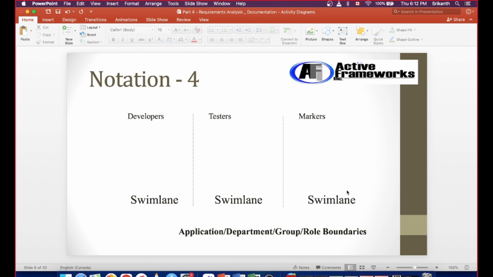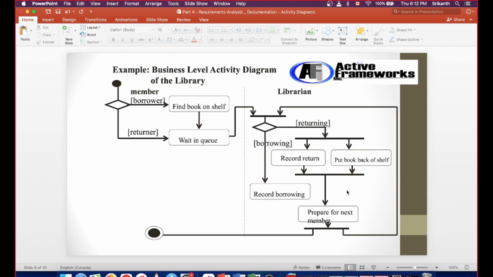So Swimlane, when I go into the Swimlane diagram, I will show you how it looks and how you draw a Swimlane diagram. This is just a high level activity diagram of how borrowing a book in a library system works. If you see, there is a solid dot which denotes that the process is starting here, and